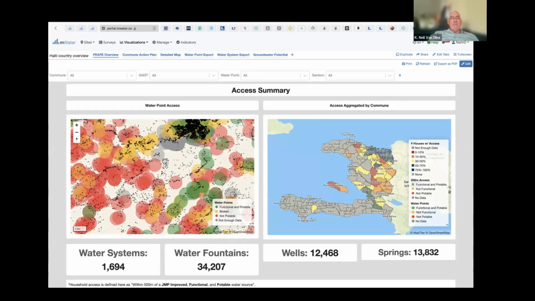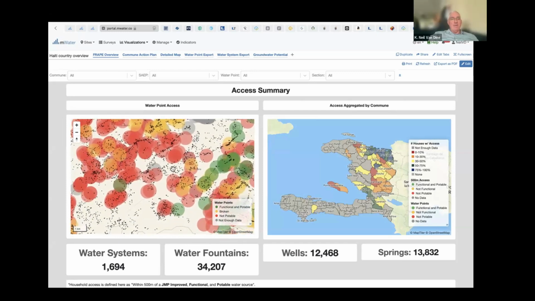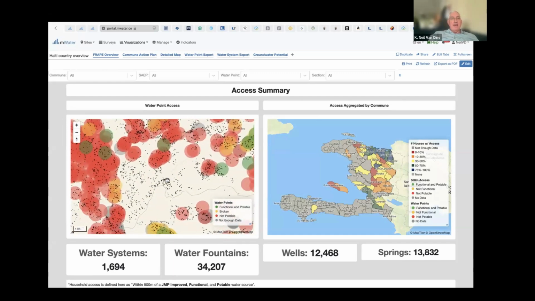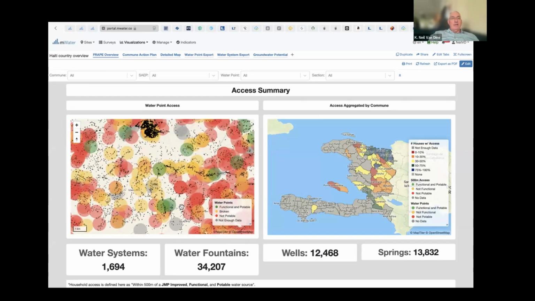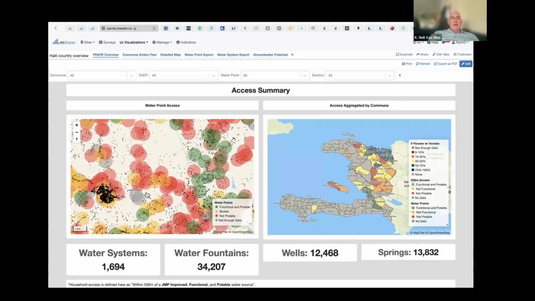So they're walking more than 500 meters, right? That's what that means. It's not like they don't get water at all. It just means they have to walk farther than that. It could mean that they have a cistern at their house and they're collecting rainwater from the roof, and so on and so forth, right?